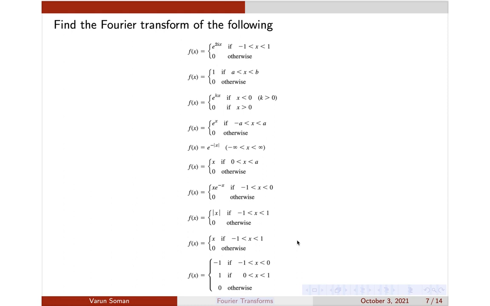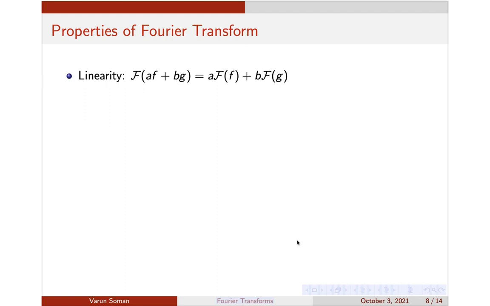Now let us look at some simple properties of the Fourier transform. One property is the linearity property. So much detail is not required for you, just need to know some properties. If you want, you can also derive this formula using the definition, just like the Laplace transform. We have done the linearity property extensively in Laplace transform, so it's the same thing carried over here. The Fourier transform of f plus g is the Fourier transform of f plus the Fourier transform of g.